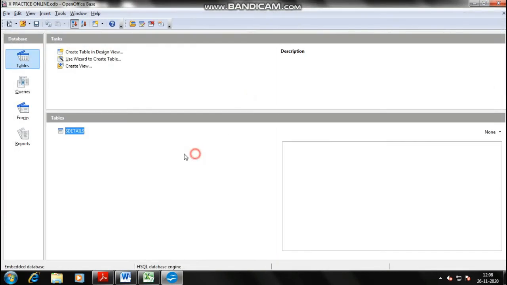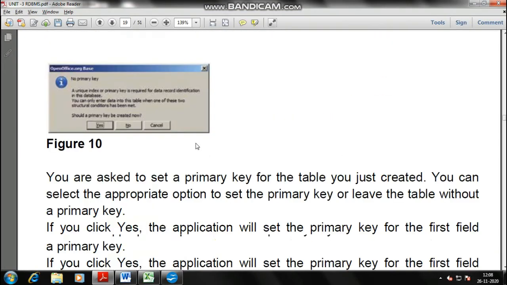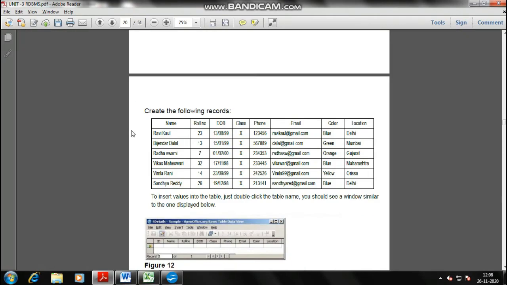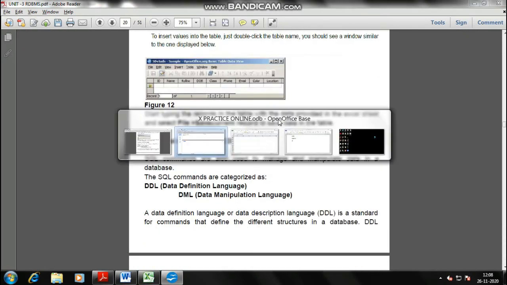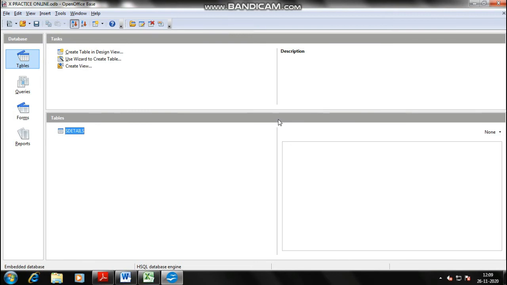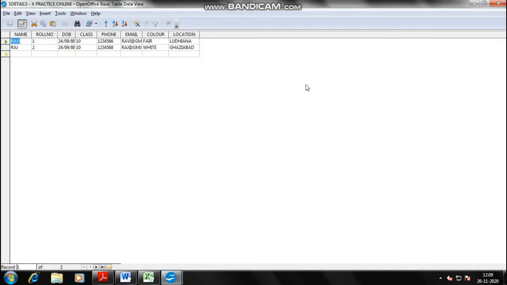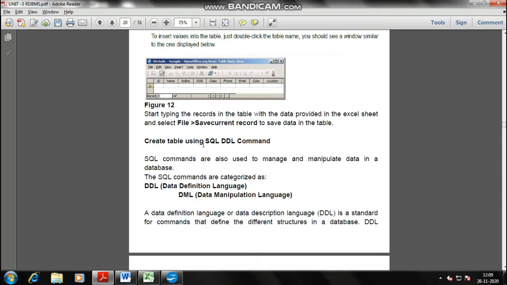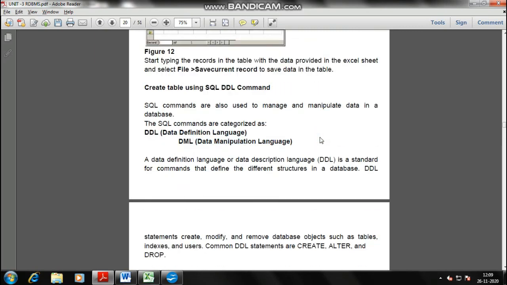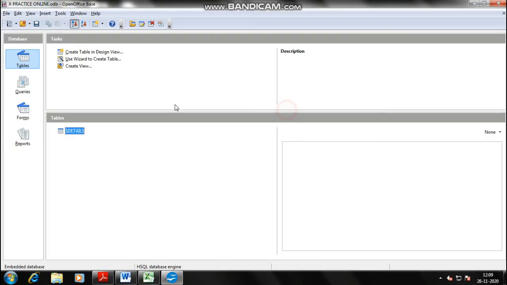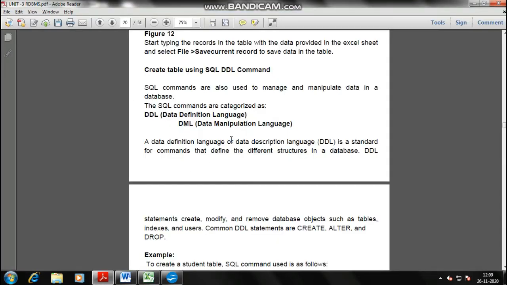Okay, so now after entering the data, let's see how we can see the data. Like the 2 entries we have entered here in the S details. I'll double click here, so I got the table, but this is a graphical user interface. What about the SQL commands? These create table using SQL, DDL commands, DML commands. Okay, so let me show you. The disclosing of the database will be done afterwards. So let me just show you the working of these SQL and DDL commands here.